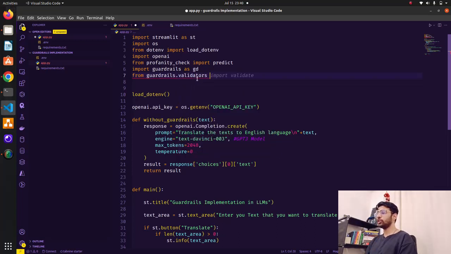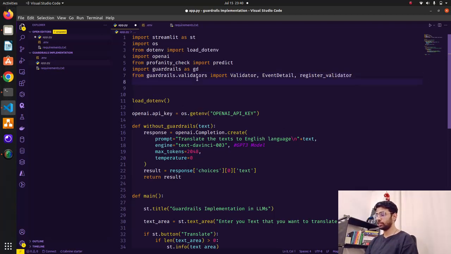So let's have validators, import Validator, EventDetail, register_validator. So let's have this as a class, register validator, function, classes, modules, okay, Validator, EventDetail, and register_validator.